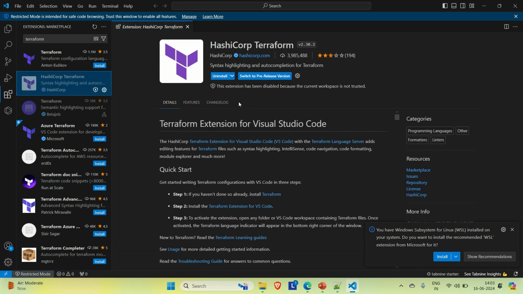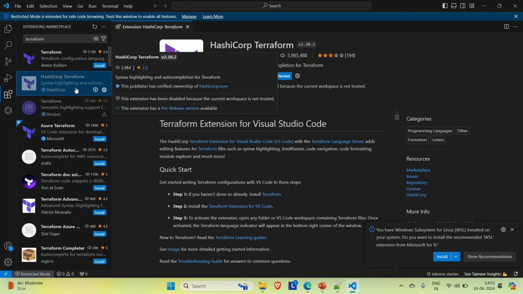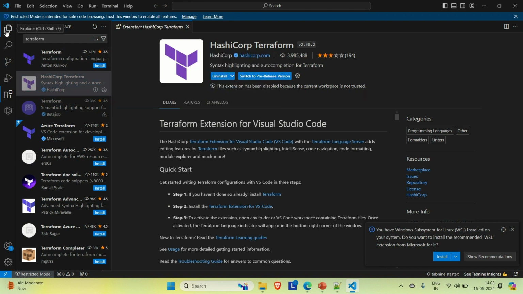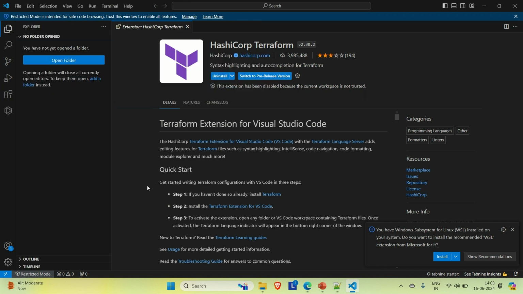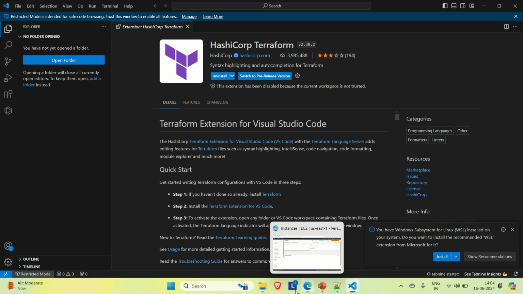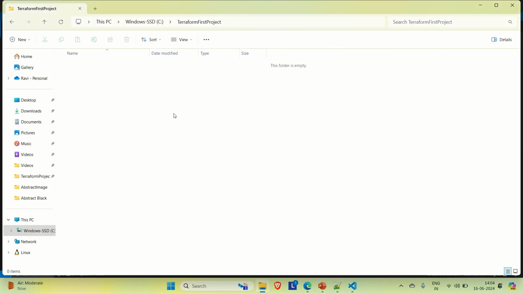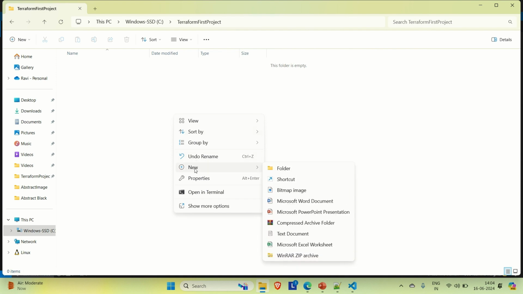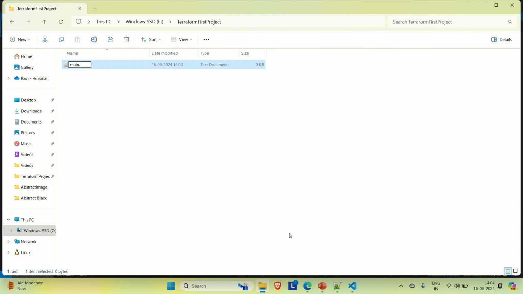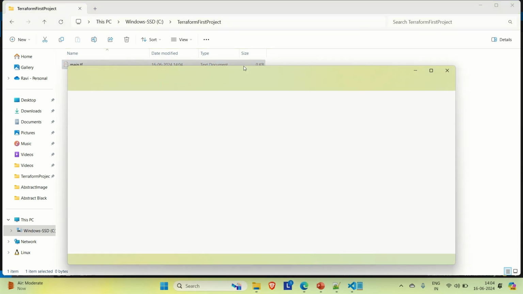I already have it installed. It will help you write the Terraform code. So I installed it, and make sure you also install the same one, HashiCorp Terraform. Now we are good. Now let me go to this location where I have created this folder and try to create one file here, main.tf, and let me try to open this in the,